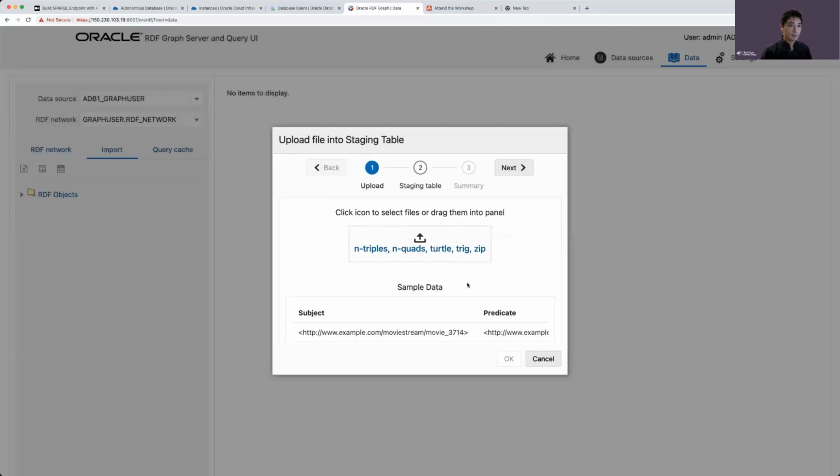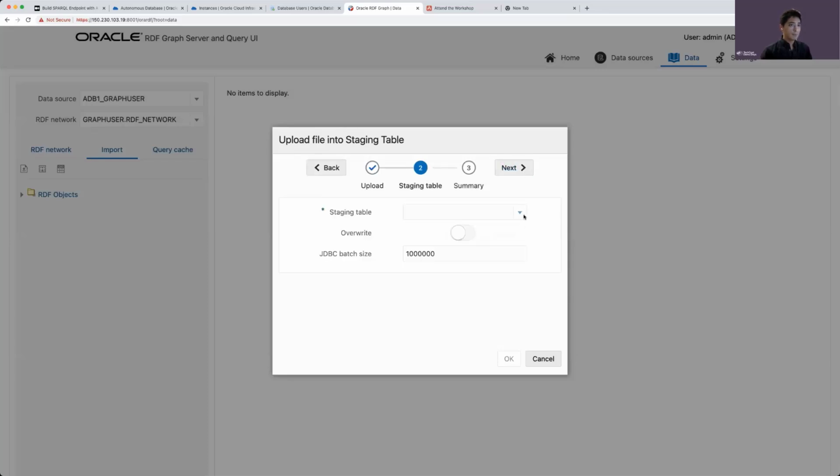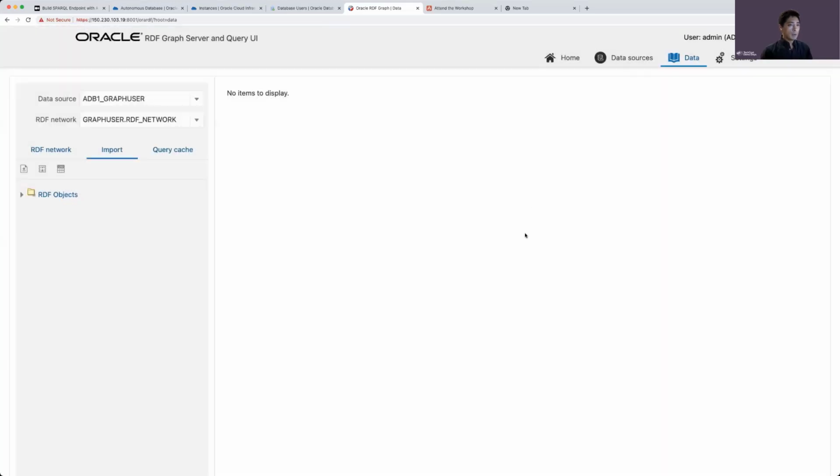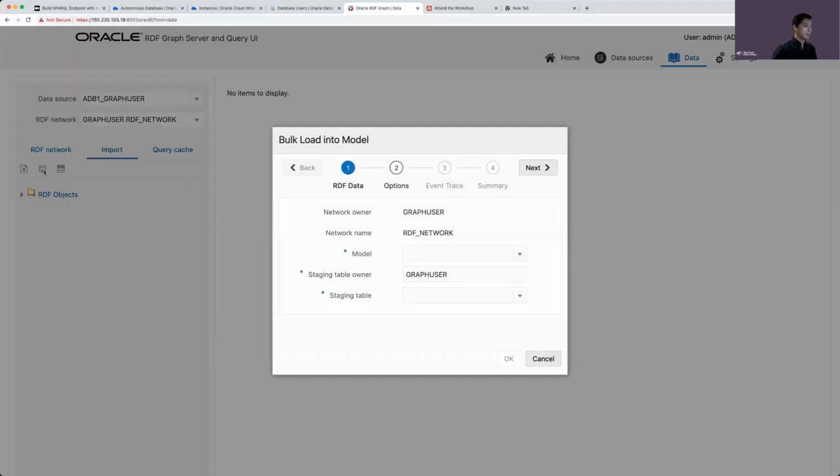Oh, it's already uploaded. Then you can load the data into the staging table first, and then it's already in the staging table. So let me just skip here for demo. Once you have loaded the data into the staging table,